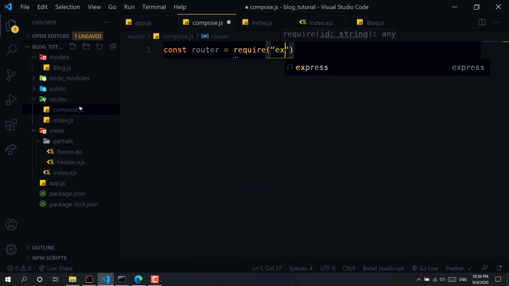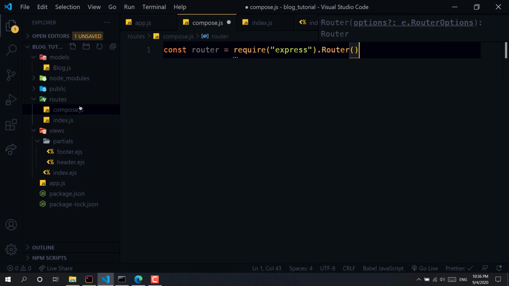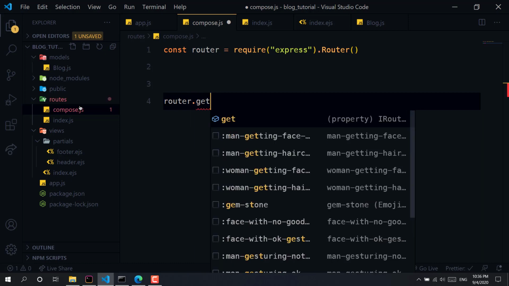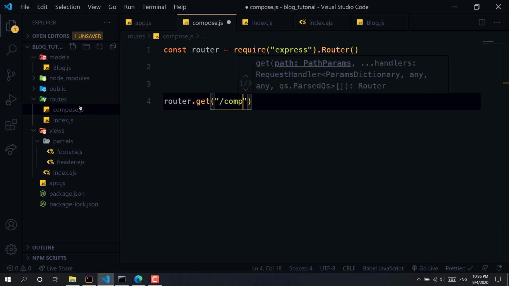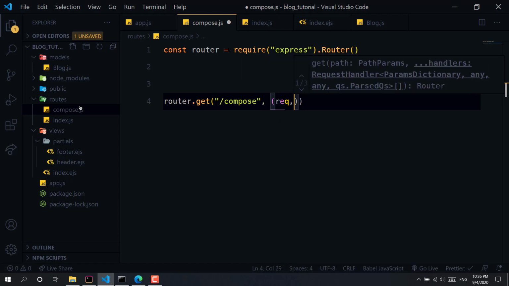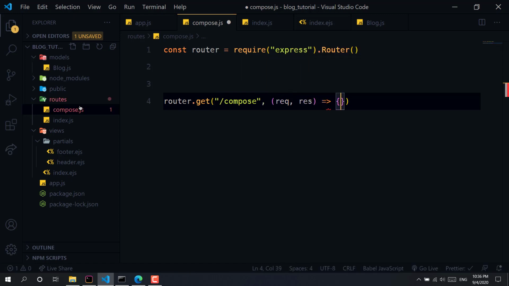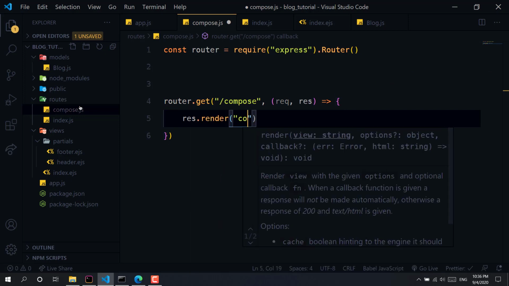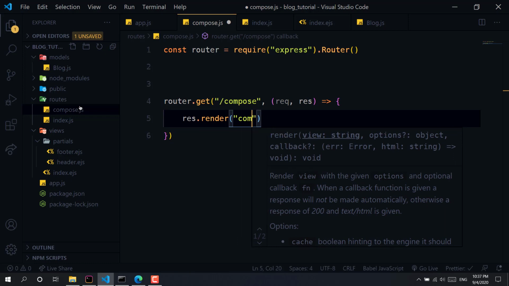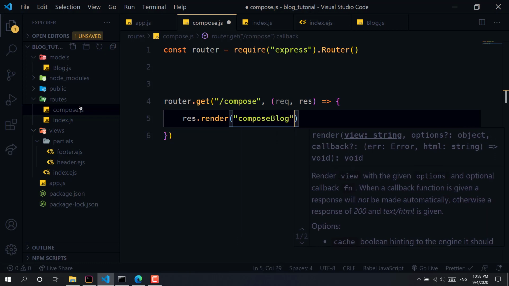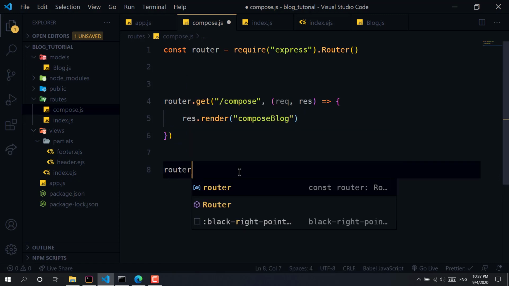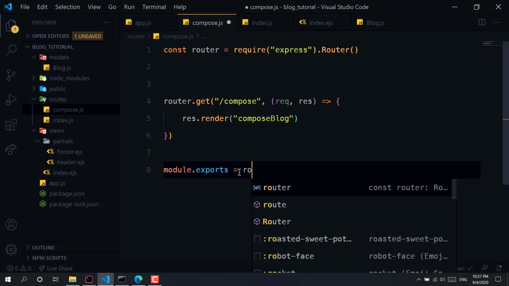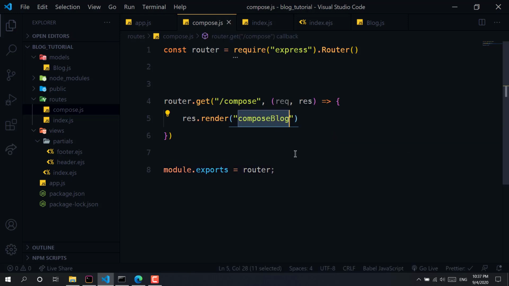Let's just require it, and we will have a router.get with a compose route, with a request and response, and we will just render a view that will have compose blog. So let's just export it. I will do module.exports equal to router. So we will have a compose blog.